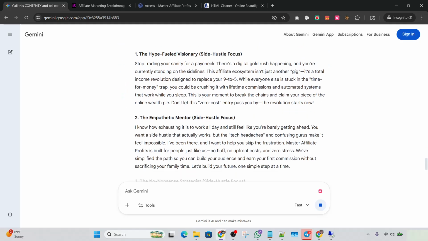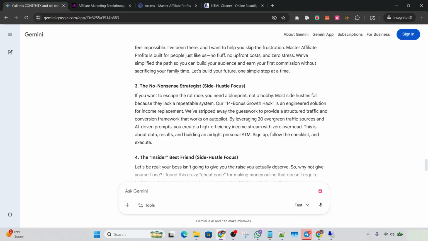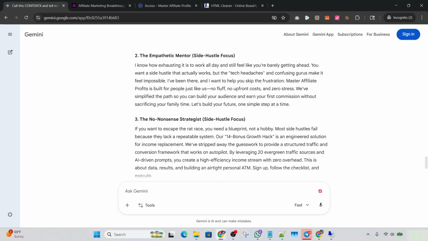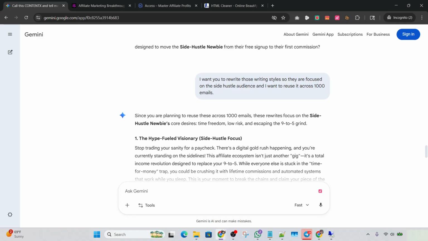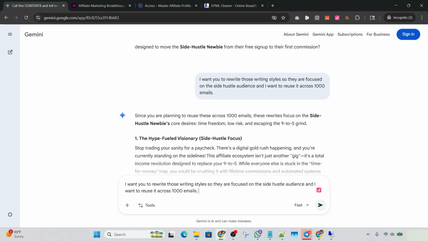Okay. And one of the things, it talks about this growth hack. I don't like that. It's too specific. I'll say do not mention any product details.